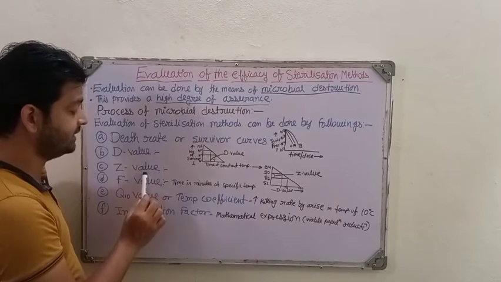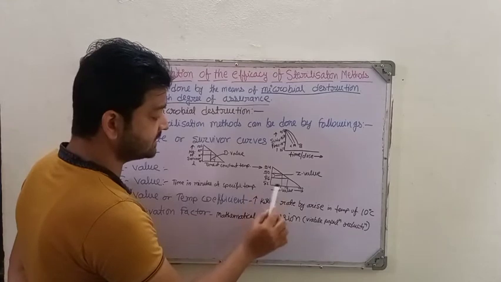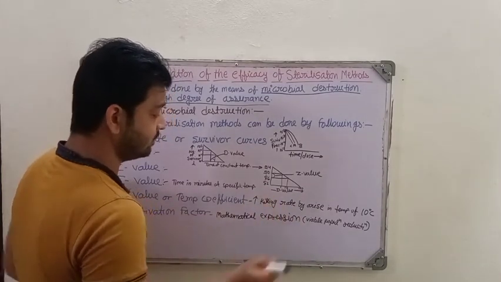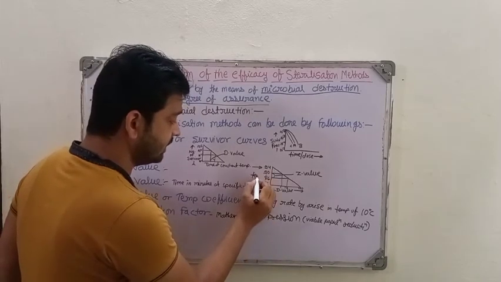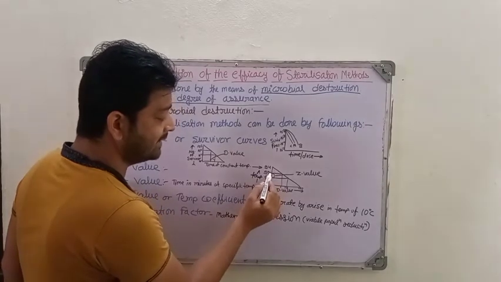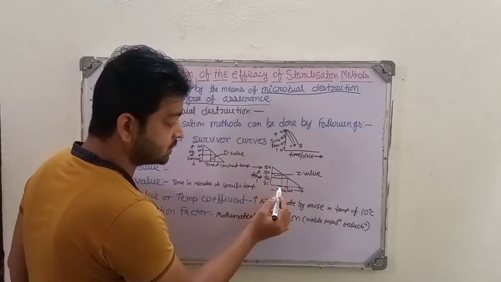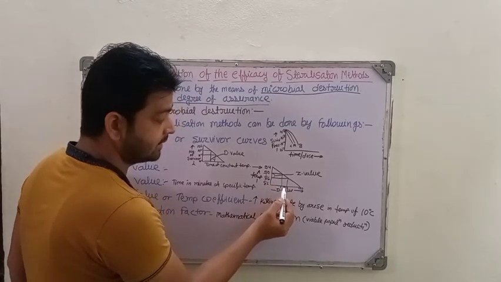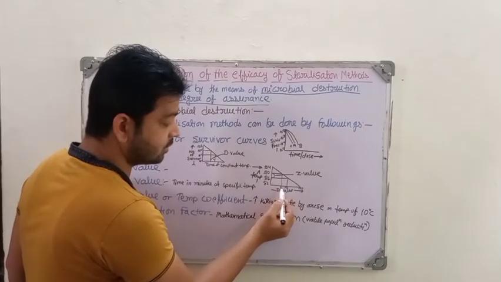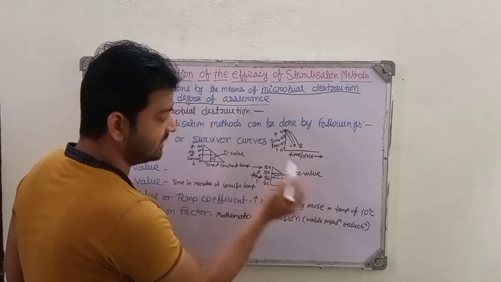Coming to the third one, Z value. From D value only we determine Z value and F value. In Z value we represent in this way. The D value is put here, and this is the temperature, right? So the temperature is shown here, from 86 to 90 degrees. This much temperature is required to change from 1 to 10, right? That is, for a one decimal change in the D value, how much temperature is required, that is called the Z value, right?